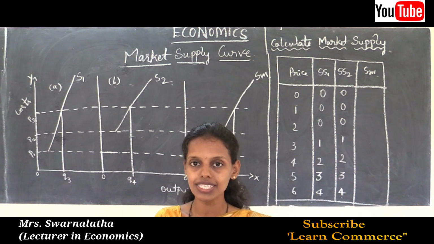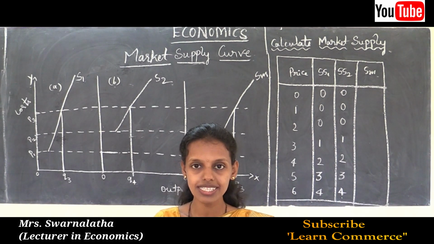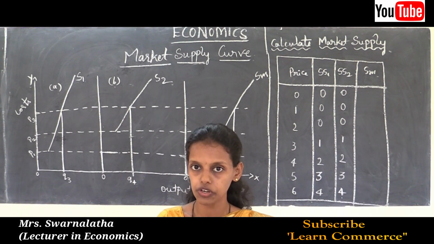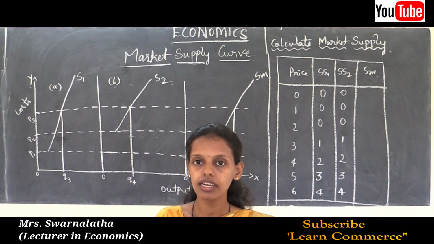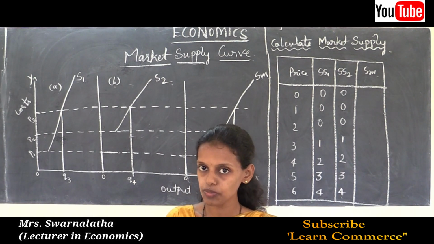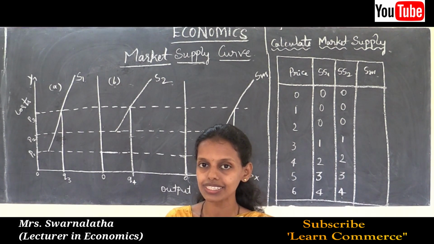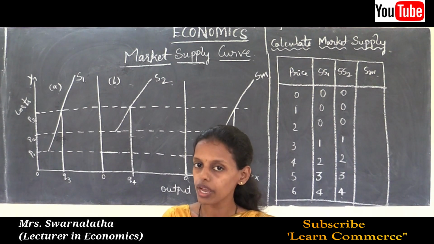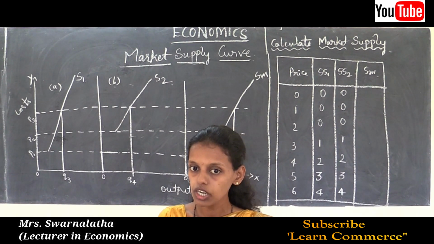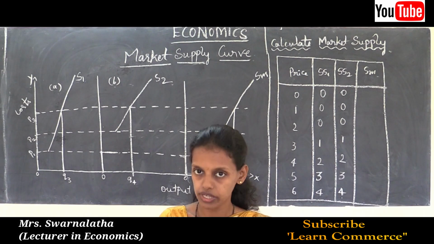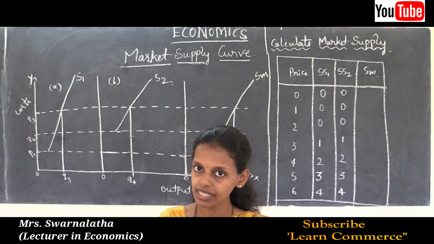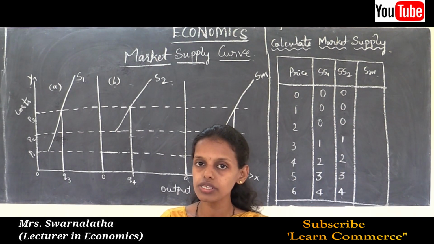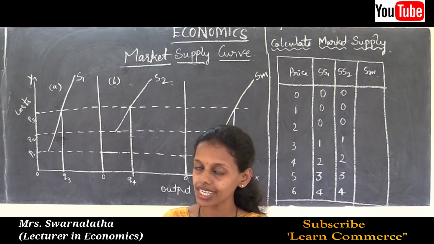So what is this market supply? A market is nothing but a large number of buyers and sellers dealing with a homogeneous product under perfect competition. In common sense, a market is a place where buyers and sellers are brought together. Market is a mechanism where buyers and sellers are brought together to deal with a particular product. It may be a selling activity or a buying activity. A large number of consumers and producers engage in these economic activities.